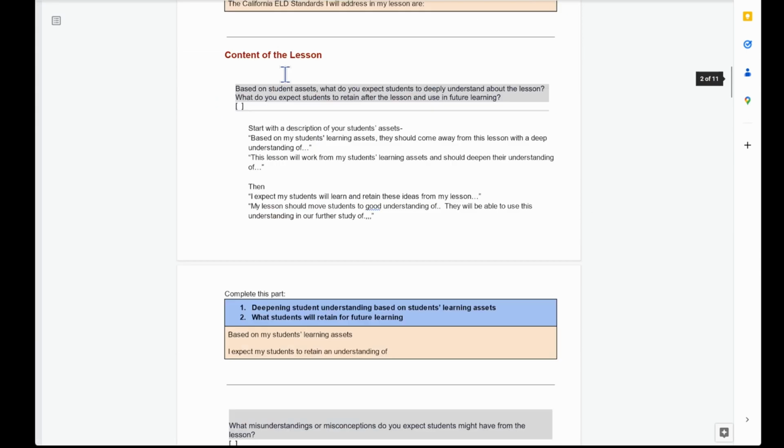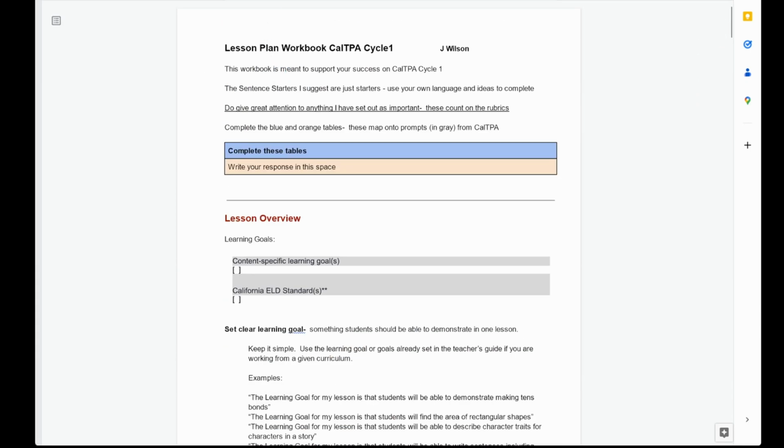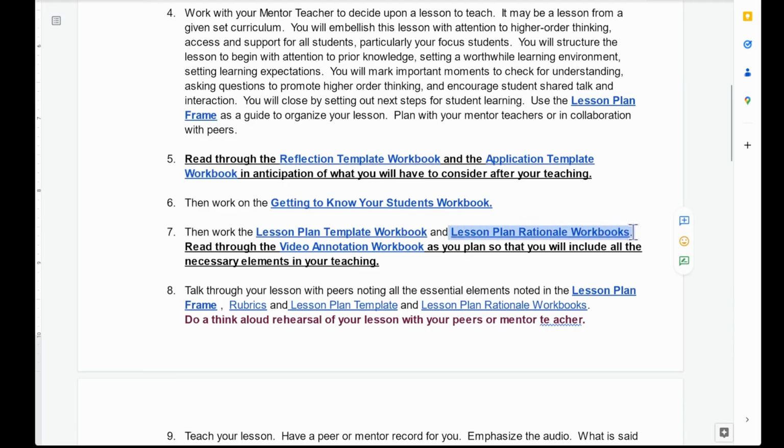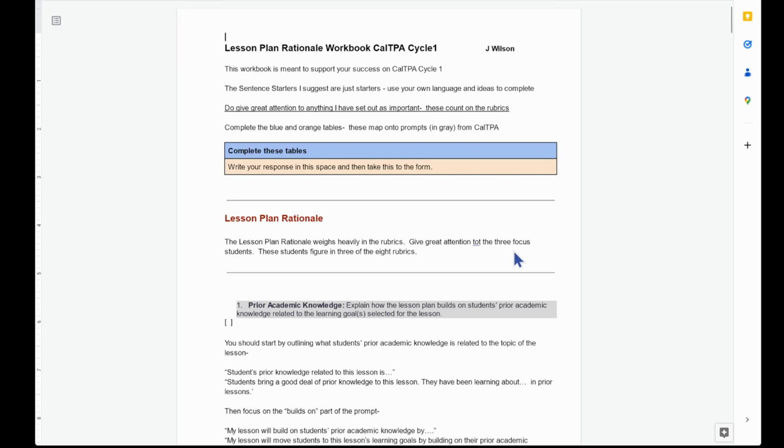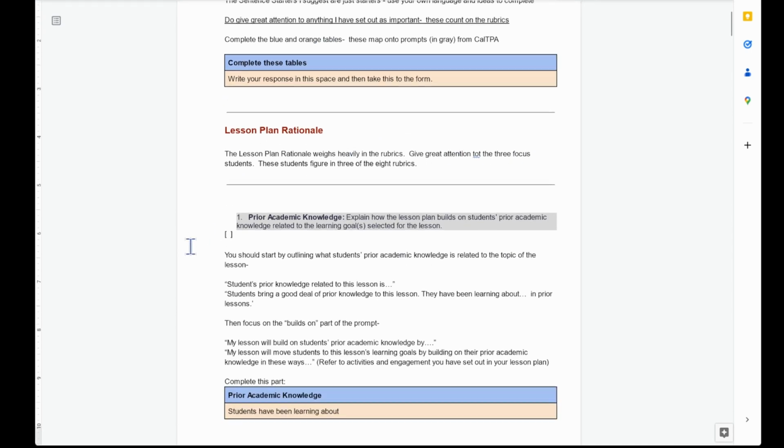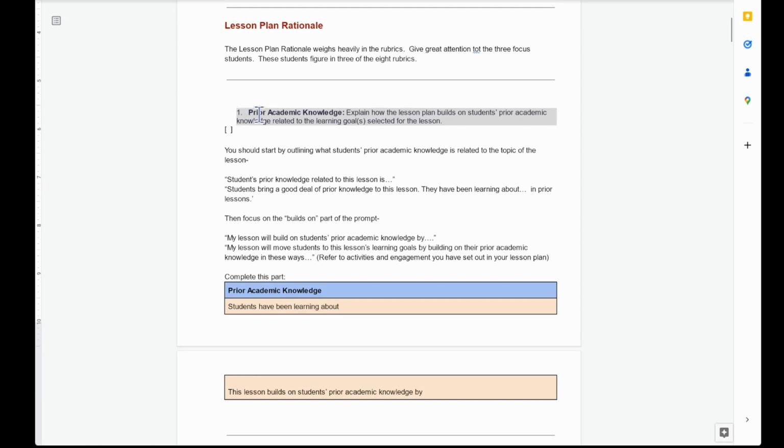And so this is the lesson plan template. The next piece is the lesson rationale workbook. So you go into more detail about why you're doing what you would like to do in your lesson. Same thing, sentence starters, look for attention I put out. Here's the actual frame for